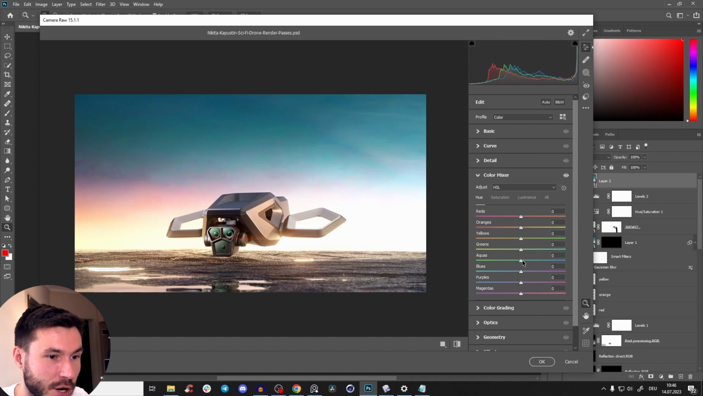and I still don't like the color. So I go here to the aquas and bring it more towards the green. I want a little bit of this greenish look, but not too much. And maybe here we can also play a little bit with the blues to something like that. And again, saturation, make the greens a little bit,